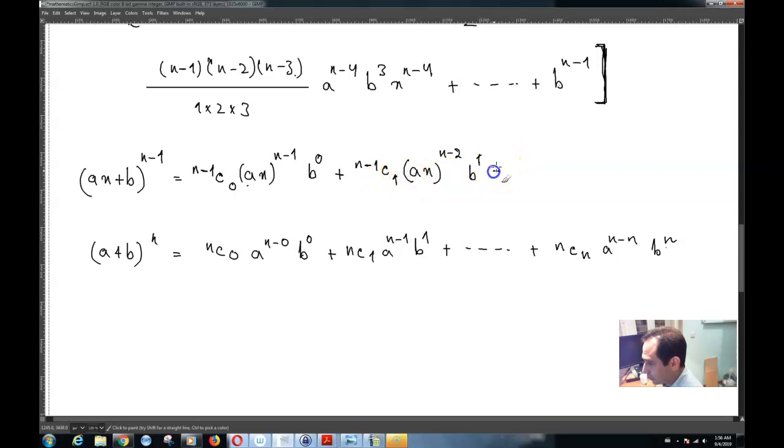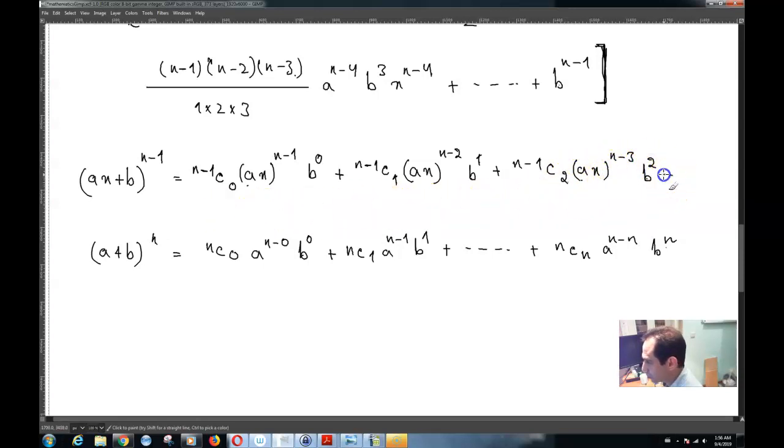And then you have n minus 1 combination 2, ax raised to the power n minus 3, and then b raised to the power 2,